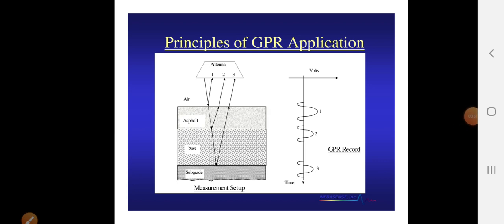Ground penetrating radar is a highly versatile and non-destructive method, which provides a range of condition and construction pavement information. How does it work? It is an echo sounding method where a transducer, like a transmitter-receiver, is passed over the surface. Then the transmitter sends out low powered radio energy. You can see in the picture the radio energy and reflections from the material boundaries.